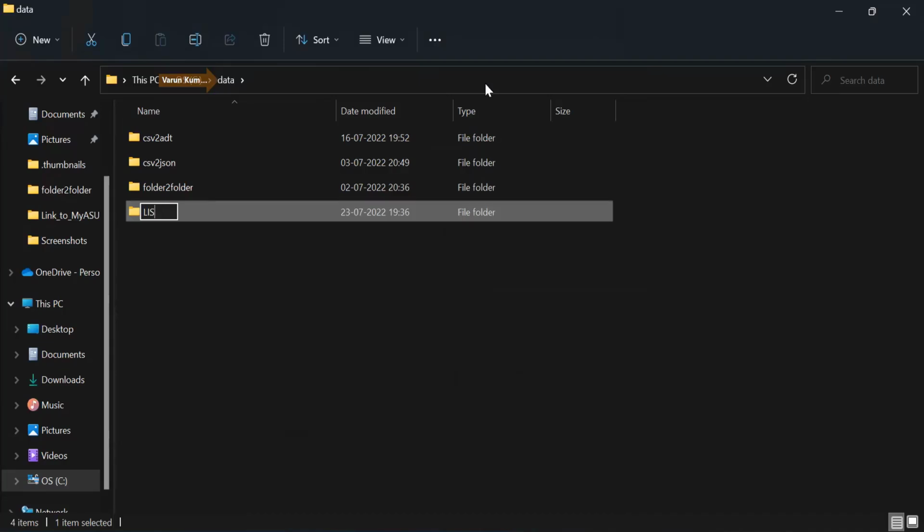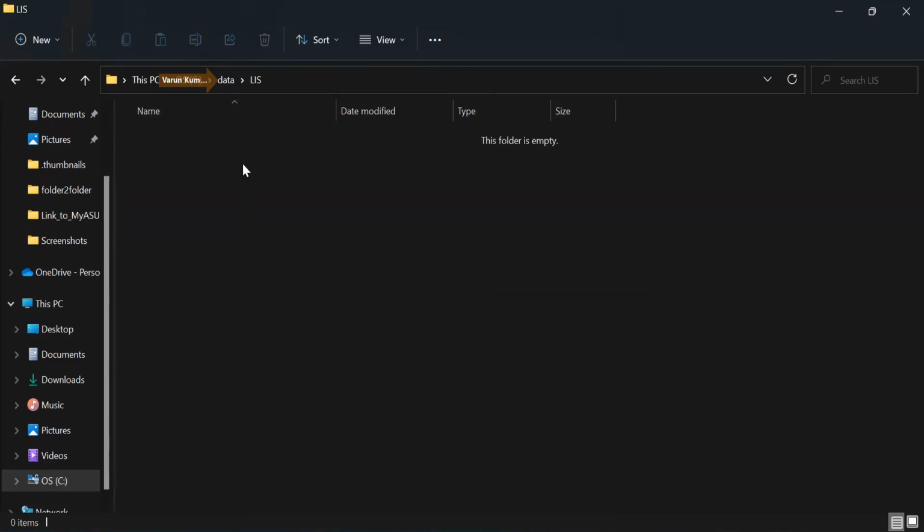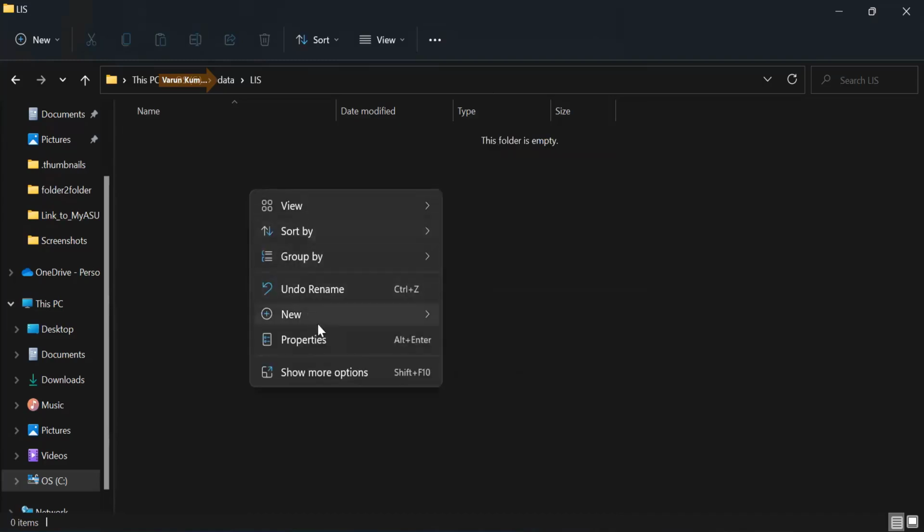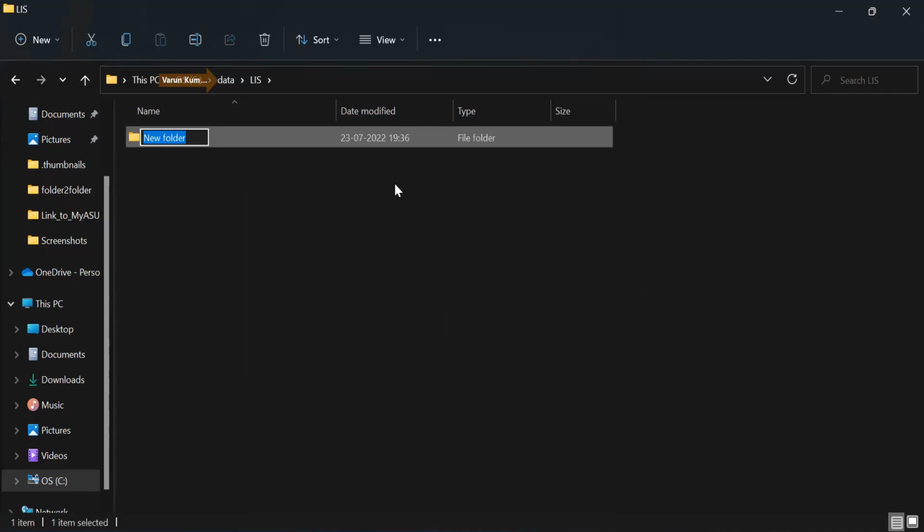Okay. Open that folder. Create one folder under that and say valid messages.